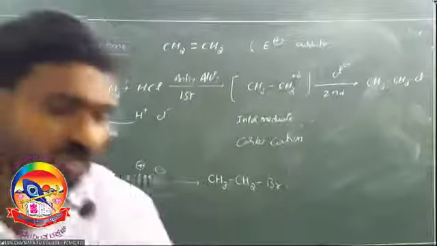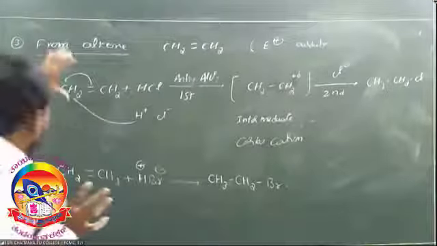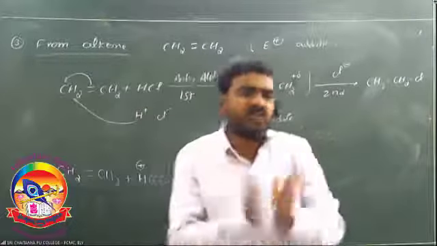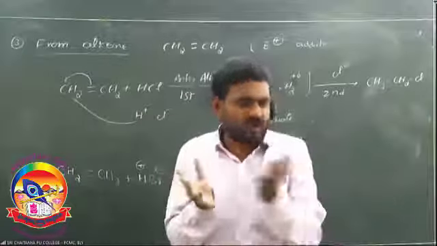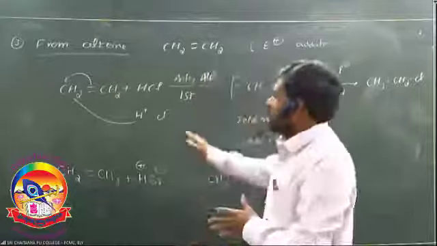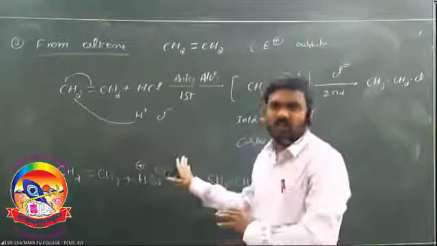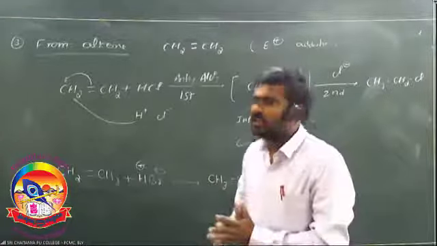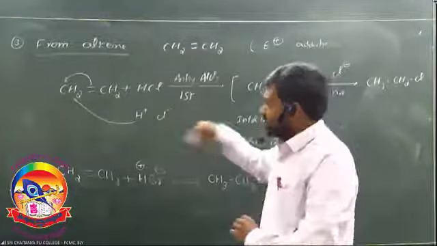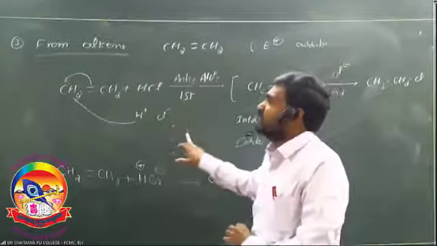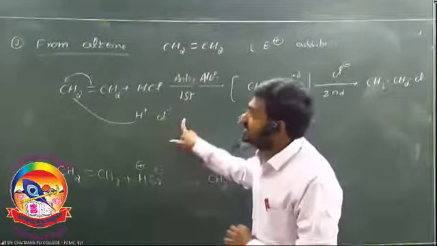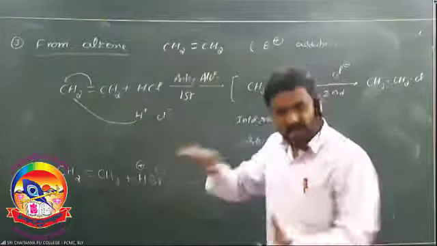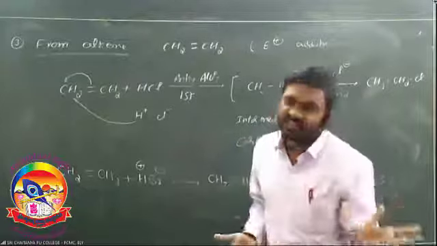Next, applications of addition reactions of alkenes. This was a symmetric alkene. Suppose we take an unsymmetric alkene, then different products are formed. So what is the major product? To know the major product, we use the Markovnikov rule. If we use peroxide, it is called the anti-Markovnikov rule. In tomorrow's class, we are going to solve the Markovnikov rule and anti-Markovnikov rule, applications of alkenes reacting with hydrogen halides.